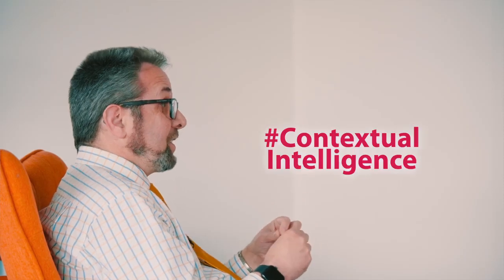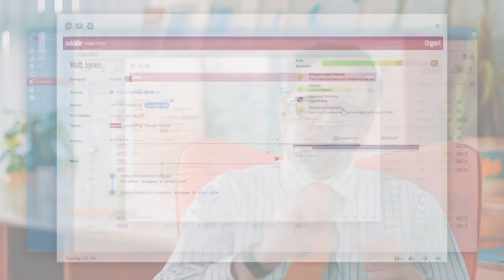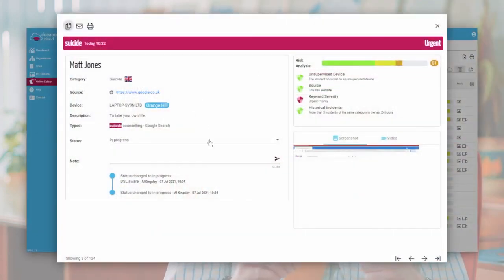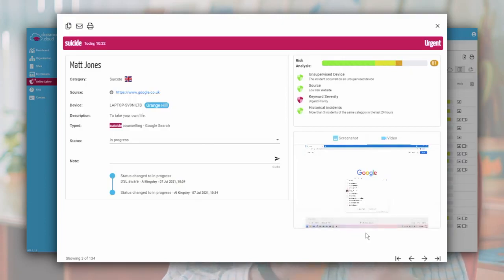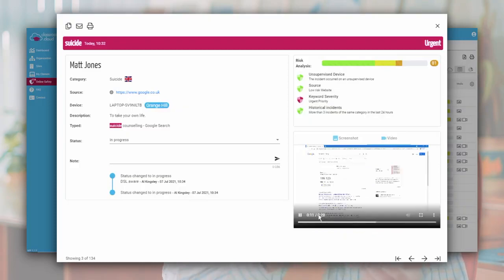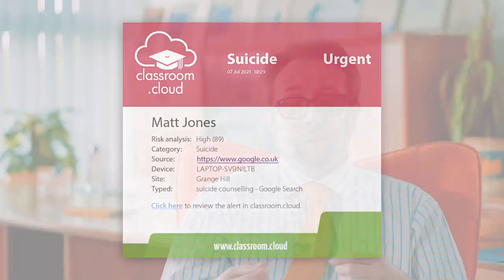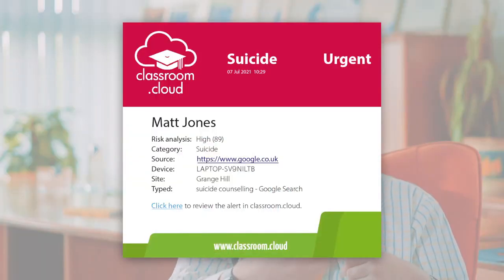What Classroom Cloud does differently is, rather than simply monitoring those keywords, it uses contextual intelligence to pull together and identify the core risks that might be presented for learners. So it will look at things like the child in question, their previous history of searches on a similar topic, whether they were supervised in the classroom or in a library after school hours, and a range of other factors to make sure that we can immediately alert staff of a child that may be at potentially greater risk immediately